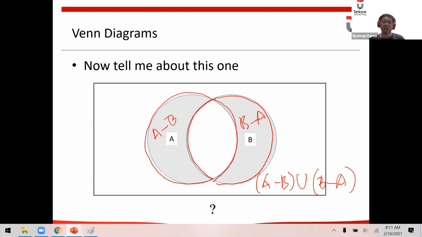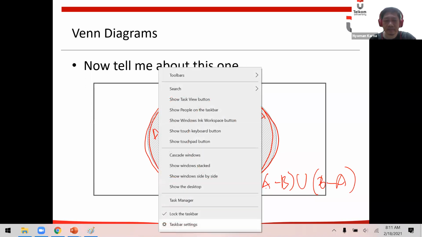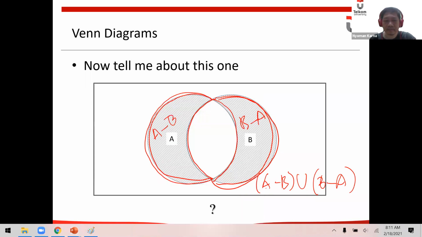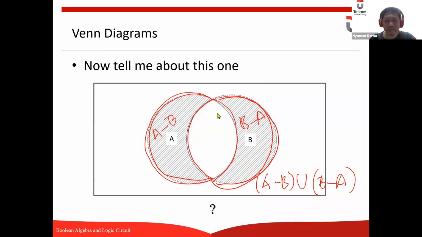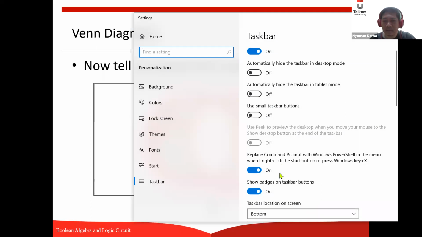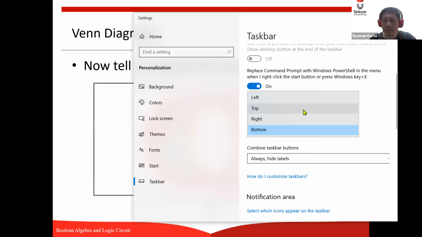And another way to represent this diagram is to remember that everything inside this, sorry, let me move to the left.